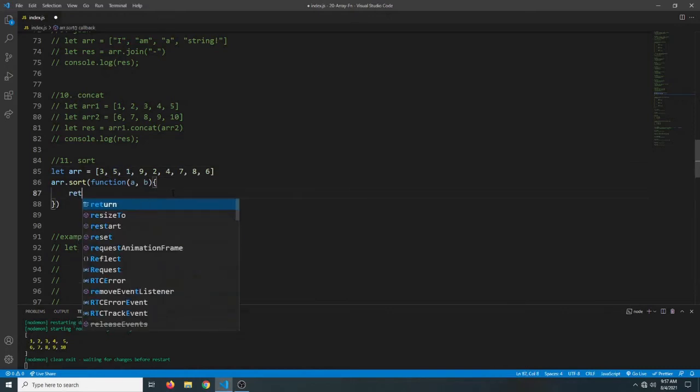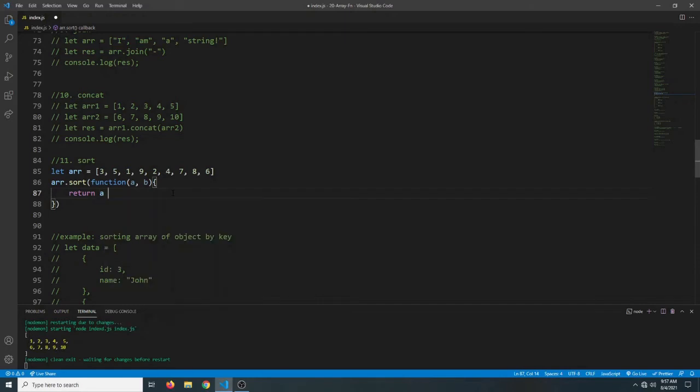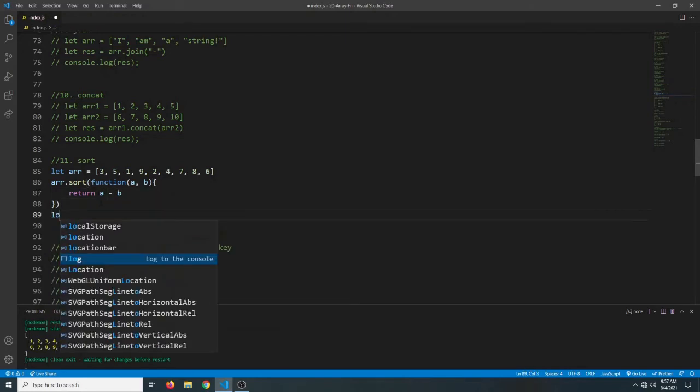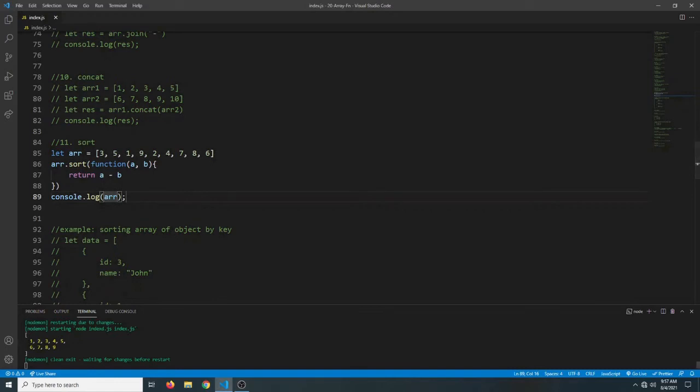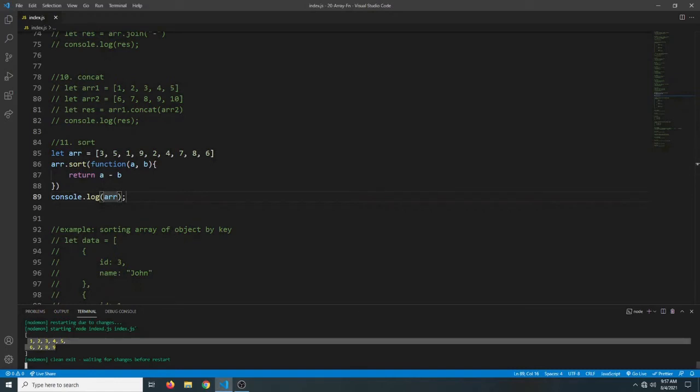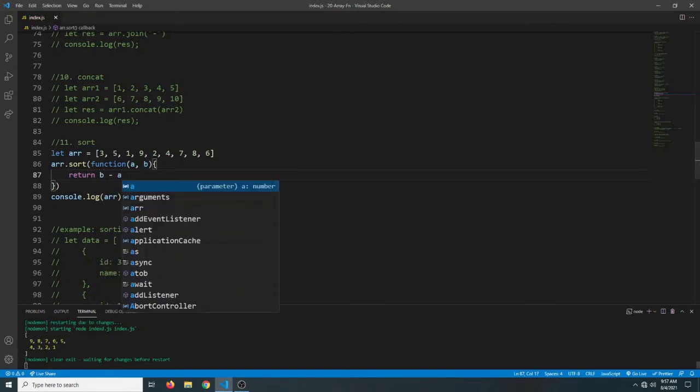So if we return a minus b, and if we log the array, as you can see the array was sorted in ascending order. If we were to say b minus a, now the array is sorted in descending order.